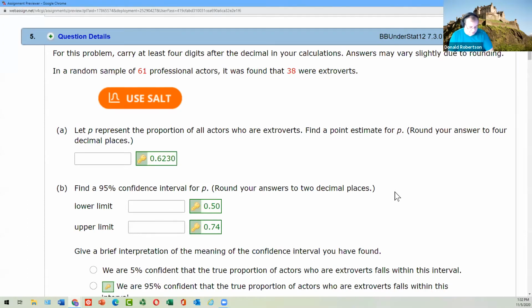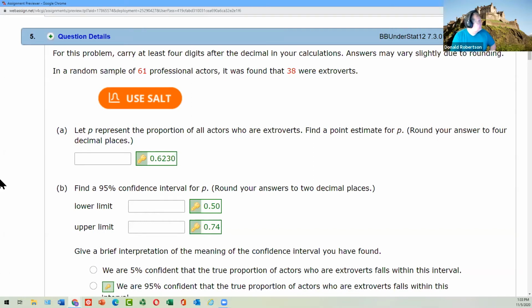So here's our first question, question 5. Oh, I got the answers. That's fine. Let's show you where the answers come from. For this problem, carry at least 4 digits after the decimal in your calculation. So they're saying, look, we want lots of accuracy, at least 4, right? If you can do 5 decimal places, that's probably better, but at least 4. I'm writing down the key information from this question. I'm going to then return to the white screen so you can see what the working looks like, and then we'll come back and see if we got it right. So here we go. In a random sample,